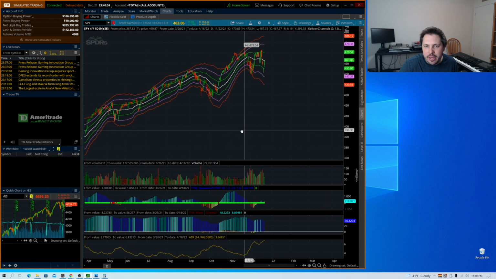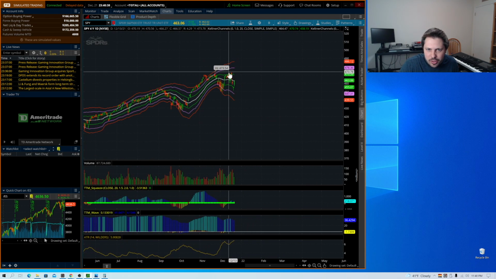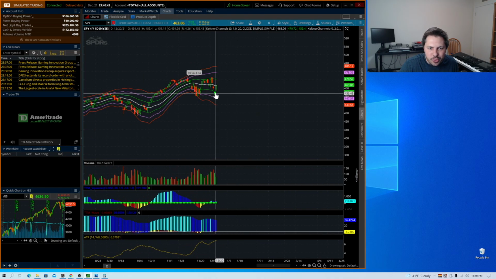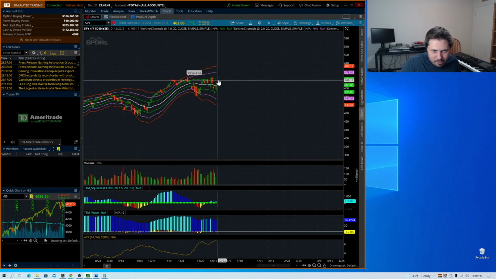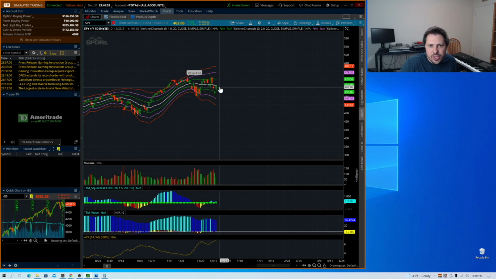So again, the Spider has made this move down into this 2 standard to 3 standard deviation range, and now it's going back up to the mean, right? Maybe it'll come up and make new highs, whatever it does. But just understand, for instance, if we were to assume that the SPY is going to make a new high,